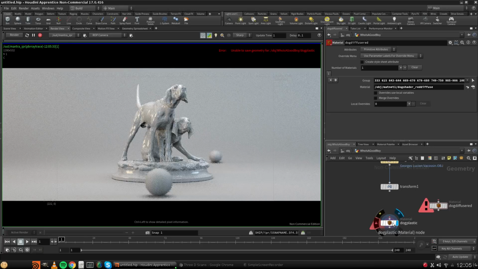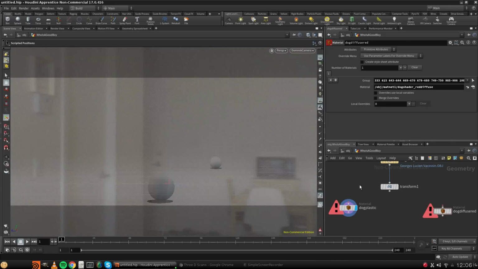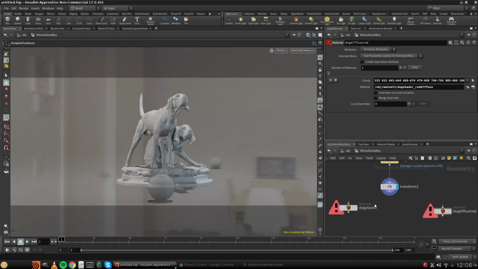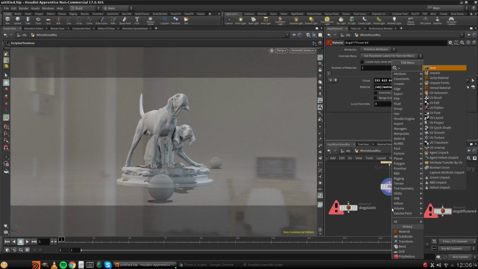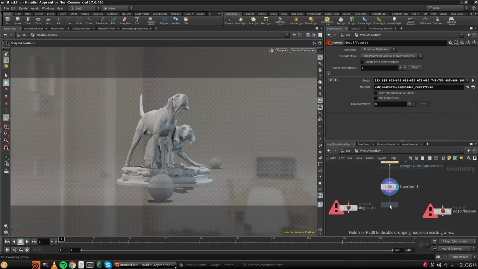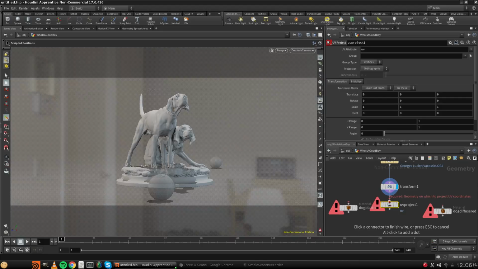And I really would love to disconnect this here right now. So what we need to do is we will now create, actually everything is working with UVs inside of Houdini. This is just how Houdini works. So we will create a UV node. We'll type in UV. And we can use two different things. We could use UV texture, or we can use UV project. And for now, I think we will just simply use UV project because it's a little bit easier to handle,